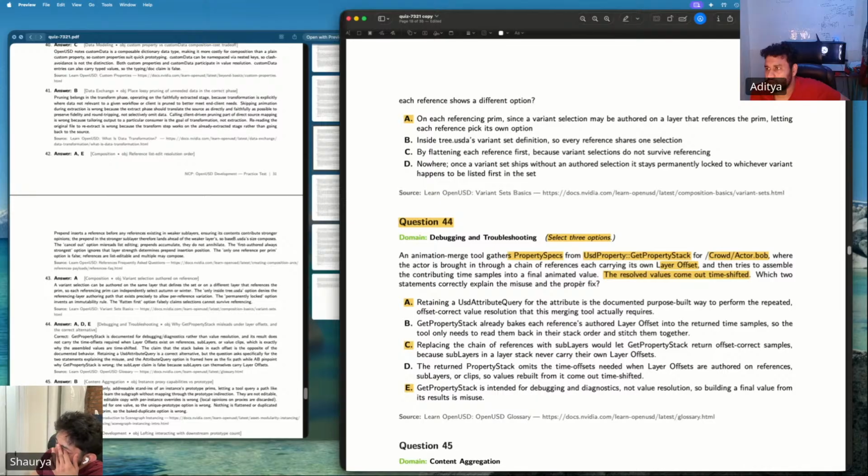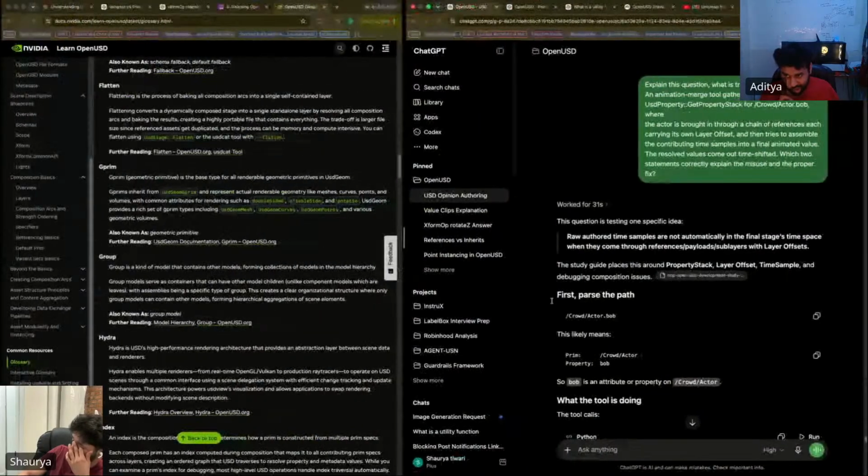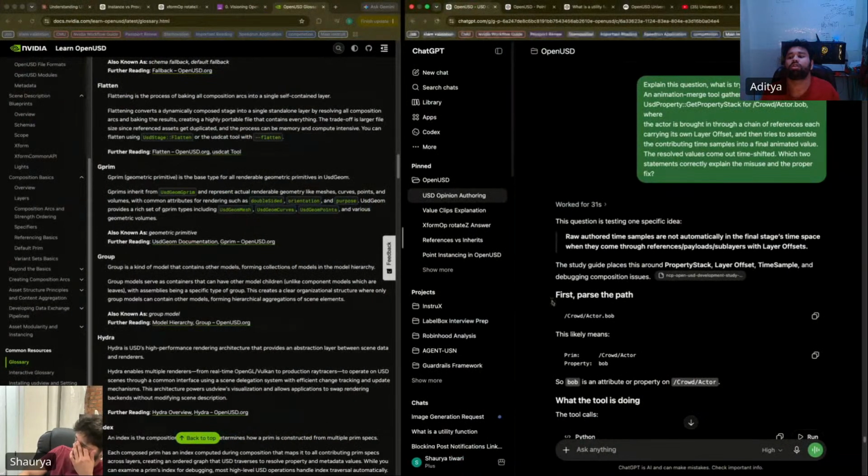Let me just verify: does return property stack omit the layer offsets values?